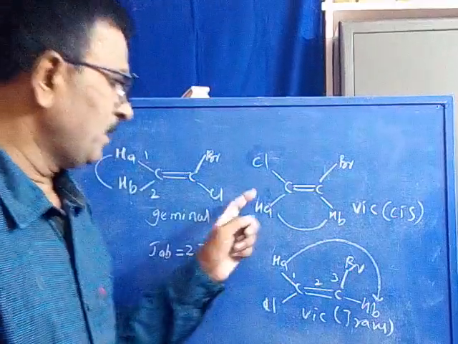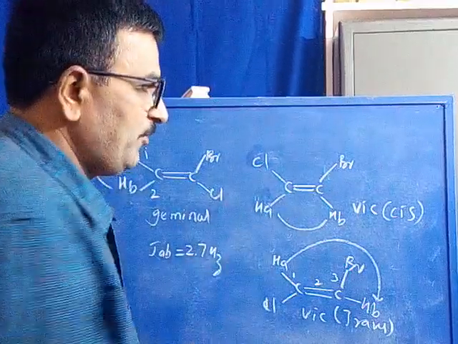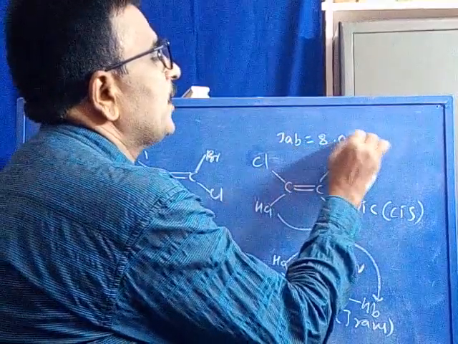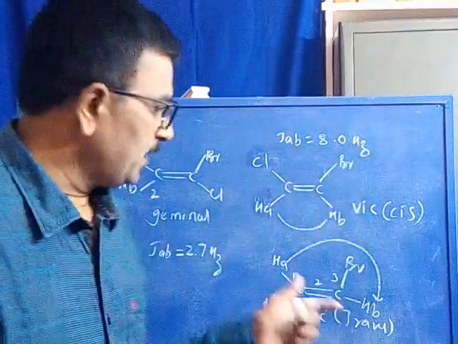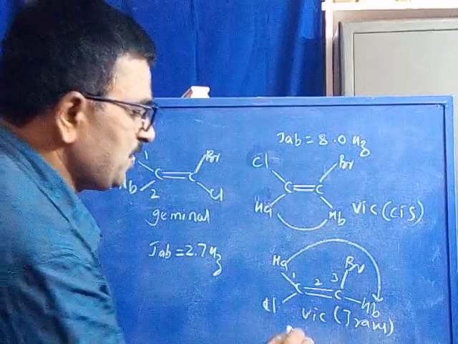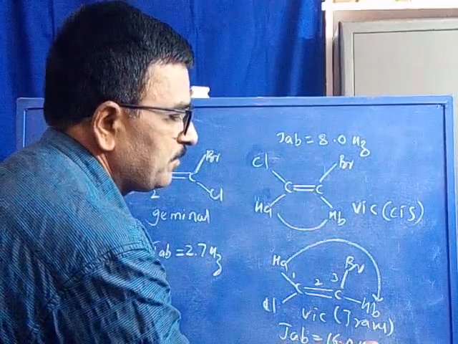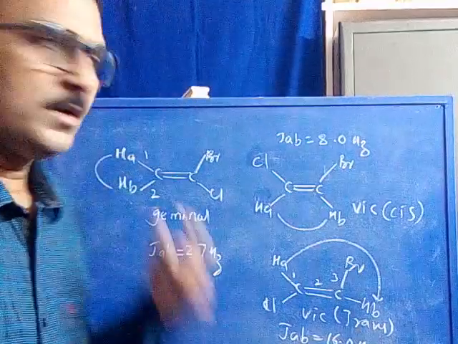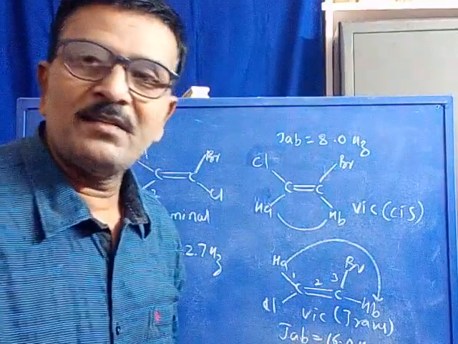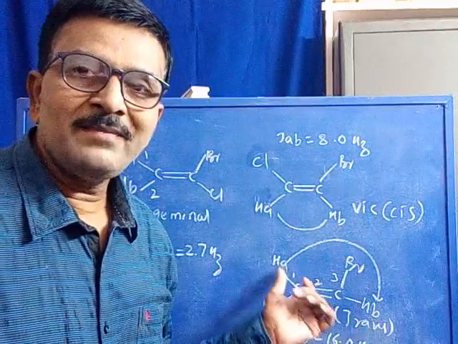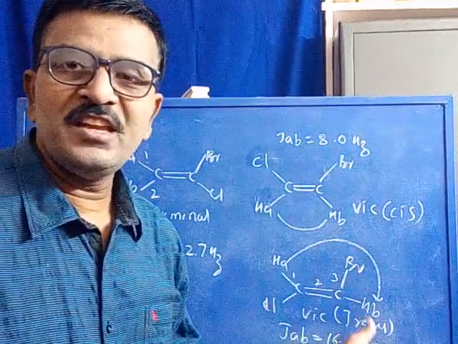2.7 Hz. Now in the case of cis, JAB is equal to 8.0 Hz. In case of trans, JAB is equal to 16.0 Hz. What you observed. Now in case of the trans isomer, between the AB protons, as the AB protons are trans to each other,